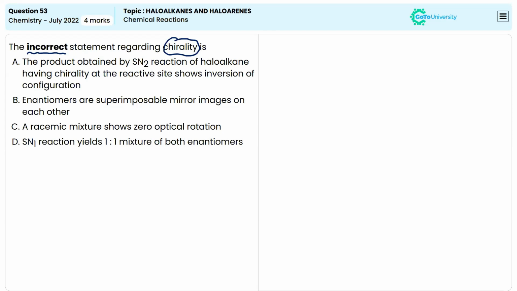So this optical isomeric property means the ability to rotate the plane of plane polarized light, right? This will be possible in a compound if the compound contains a chiral carbon. So chiral carbon means the carbon which is connected to four different groups. Okay, four different groups means it is not like